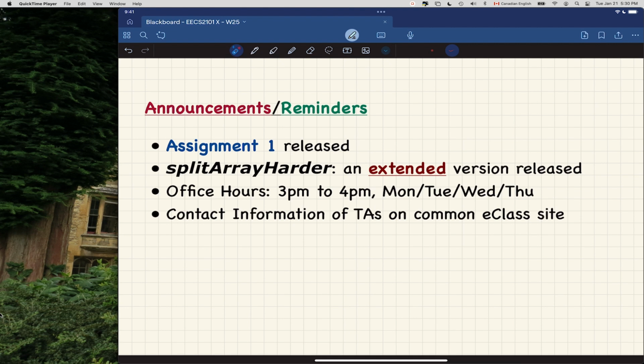So that one can also train your recursive thinking. If you really struggle with how to solve this extended version, drop by, reach out. I can give you some conceptual hints. But you can just follow the pattern that we spoke about for the simpler version, split array. It's very similar, but you do have to make some extra considerations, especially how you can manipulate the ArrayList library classes. And guys, don't forget, in your assignment number 1 section,